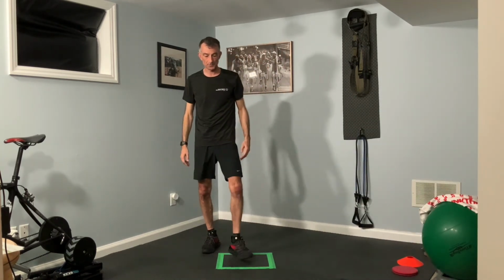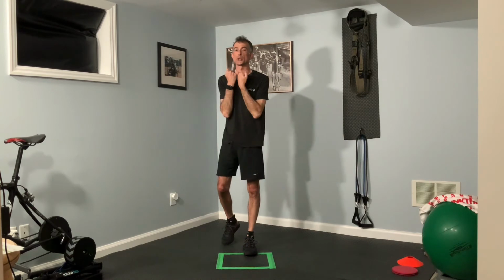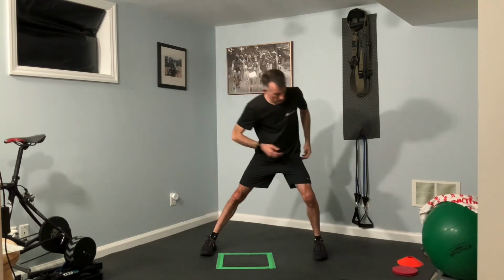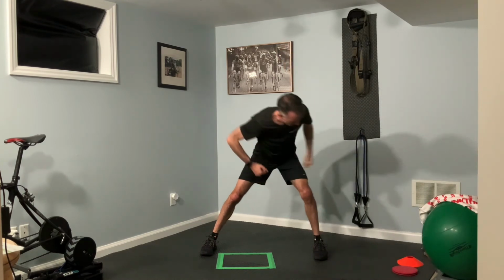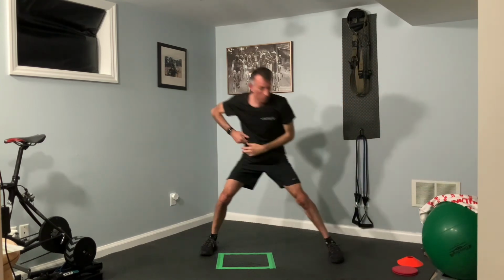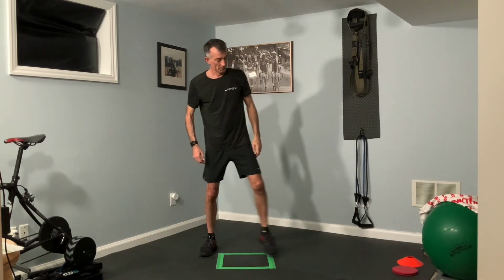Great stuff. Okay. Now we have our lateral lunge with that rotation again. Just going to blend it all into one this time. And 4 each side. So here we go. I'm going to step and reach and drive. Great. And again, step, reach. It's 2, 3, and